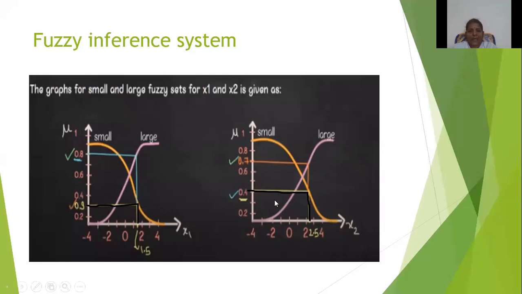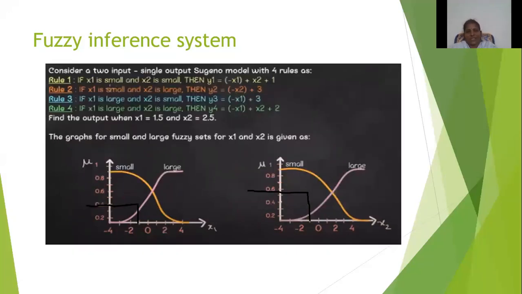So the corresponding membership function value is 0.4. As the AND operator is used, the minimum of these two is considered in the first rule. Similarly, the second rule is x1 is small and x2 is large. First you are indicating membership functions corresponding to x1 large and x2 small, x1 large and x2 large, for all the combinations or for all the 4 rules.